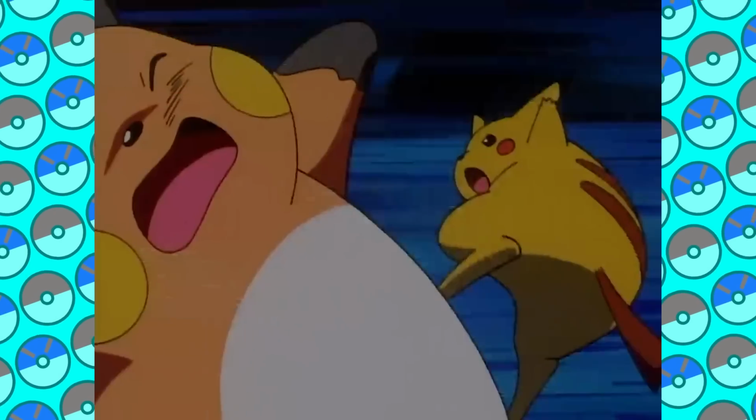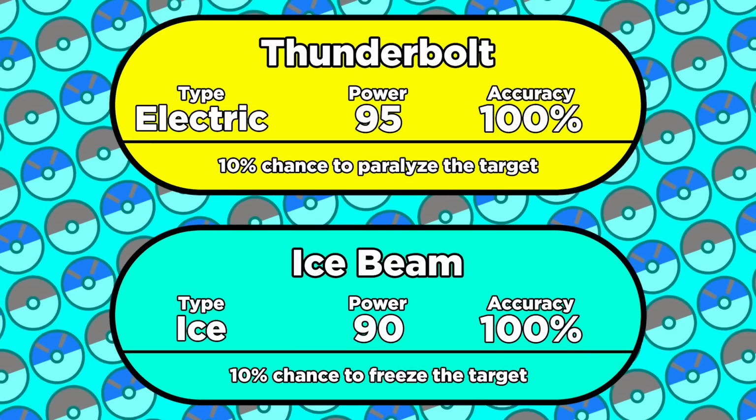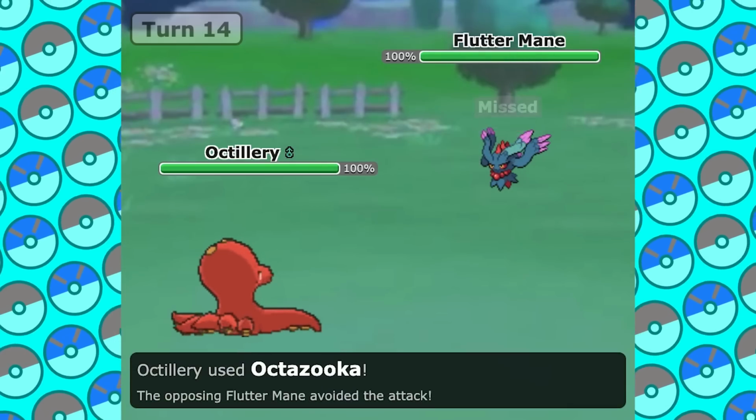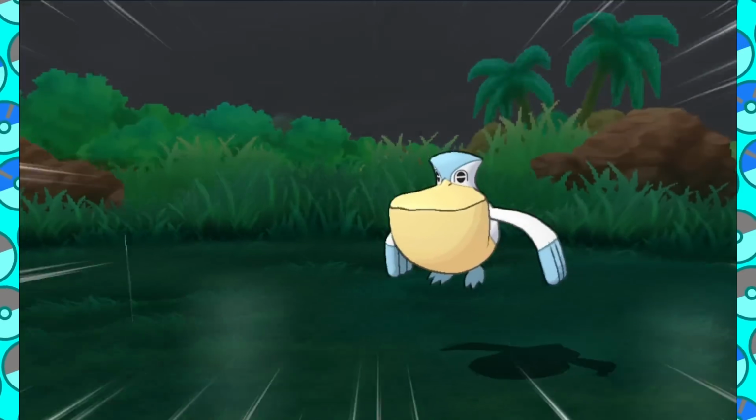TMs remain pretty much the same in Gens 2 through 4, although the list of machine learnable moves does vary. Thunderbolt and Ice Beam are TMs in the vast majority of games, but they aren't in Gen 2. They were only available via level up and breeding in Gold and Silver, but they're teachable via Move Tutor in